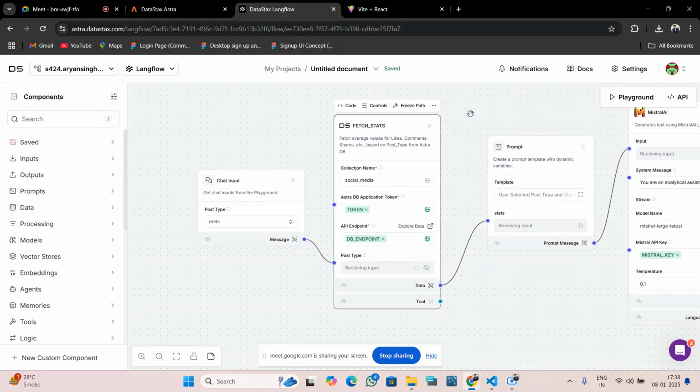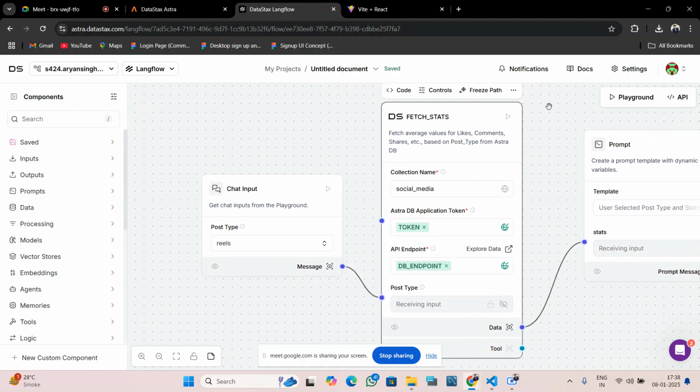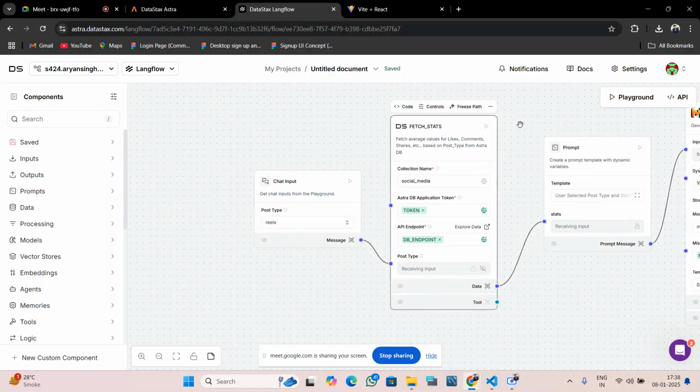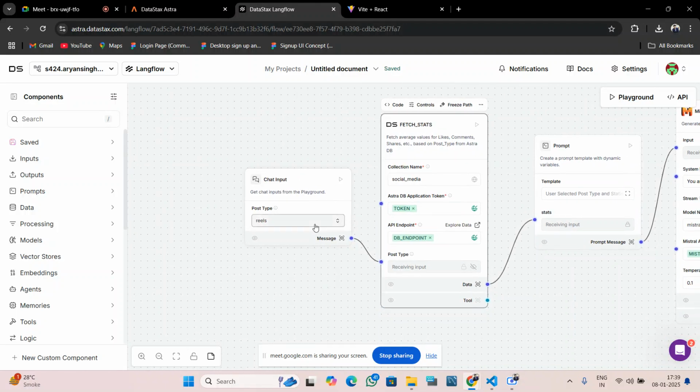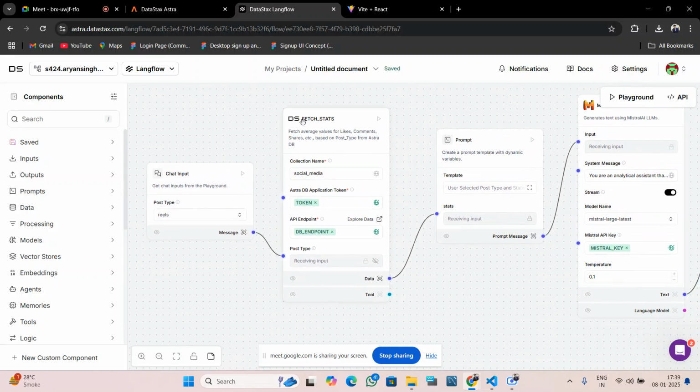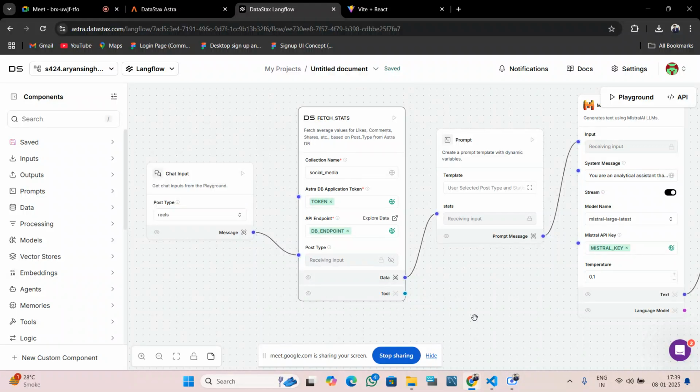Hi, so let's see the workflow. For creating the workflow, we have used DataStax Langflow. It abstracts a lot of complexity and gives us an easy way of creating a backend. We have taken an input component for taking input from a user, in which the user can select any of the three types of post: carousel, reel, and static post. From here it goes into our custom component, which we have built for fetching